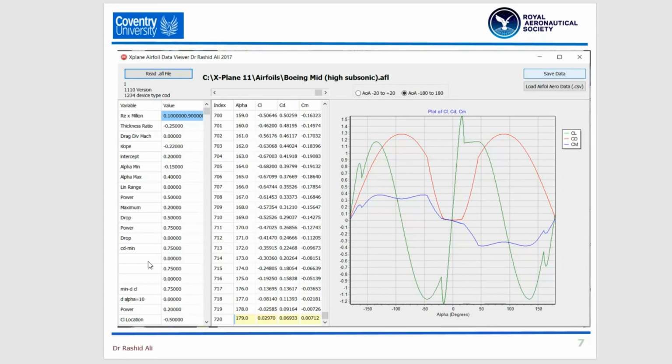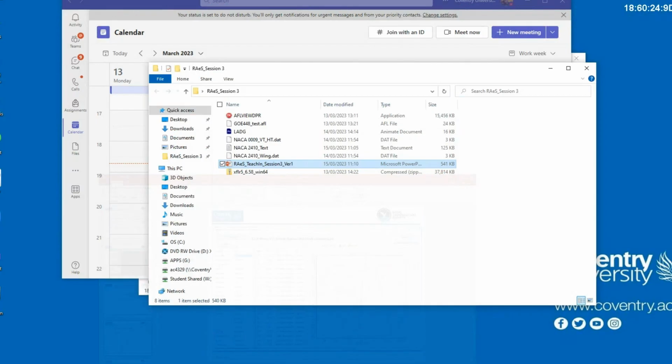So it is possible to directly create the .afl file used by X-plane. And that's exactly what my program will do. So we'll give you a demo of both. We'll first use Airfoil Maker and see what the data looks like. And then we'll use my program, and then we'll see how we can progress to the next stage. So if I minimize this and